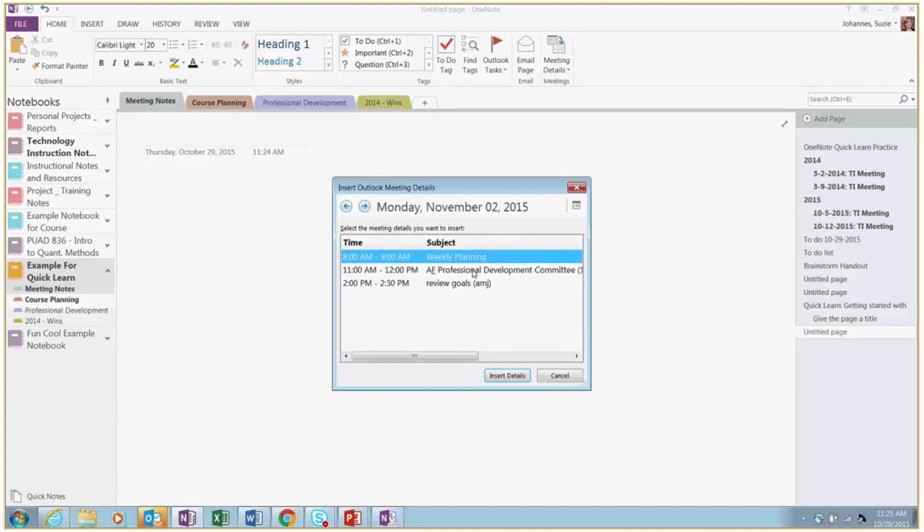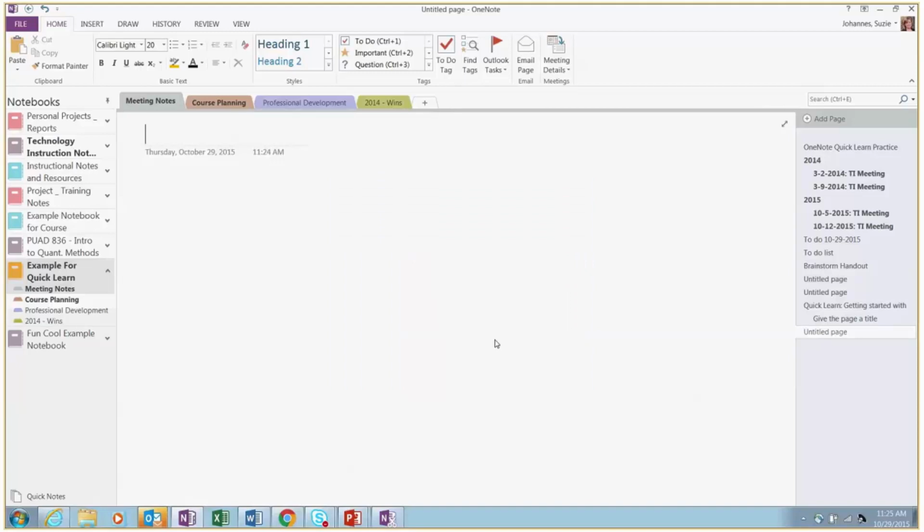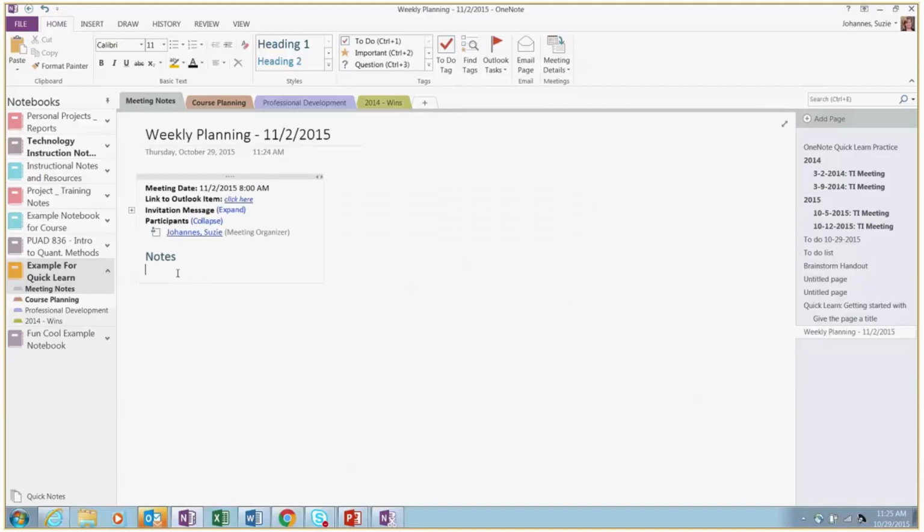So this is kind of a lame one because it's just a meeting and it's an appointment with myself, so it'll just be me there, but whatever. With the meeting, what I'll often do here is add in notes of things I want to remember. I might also need to note some things that I need to do, so I might create an area for action items.